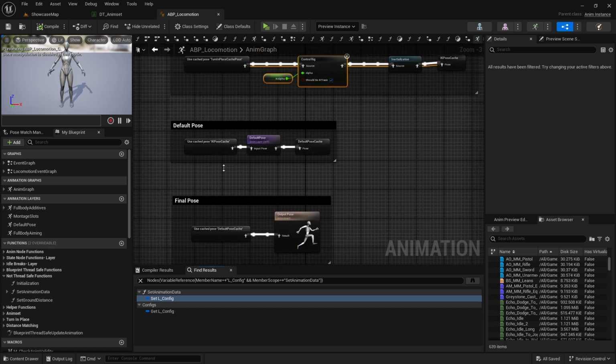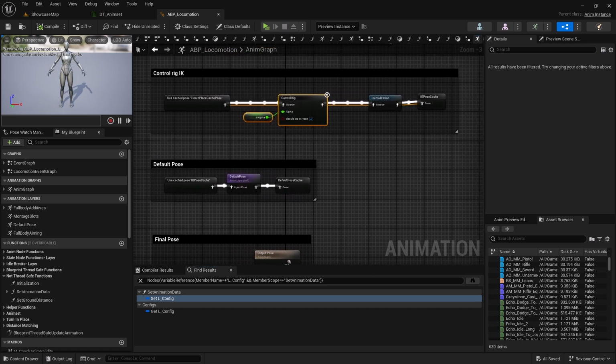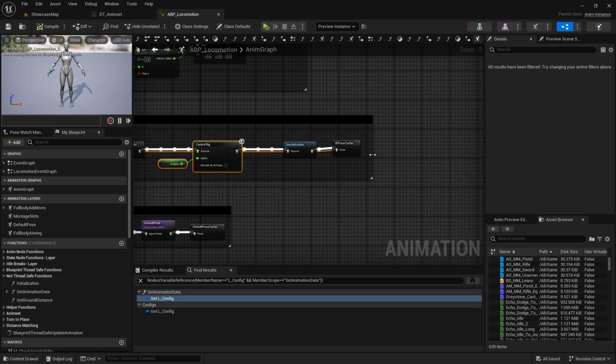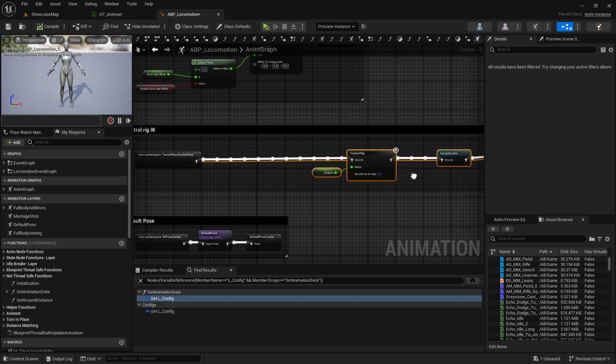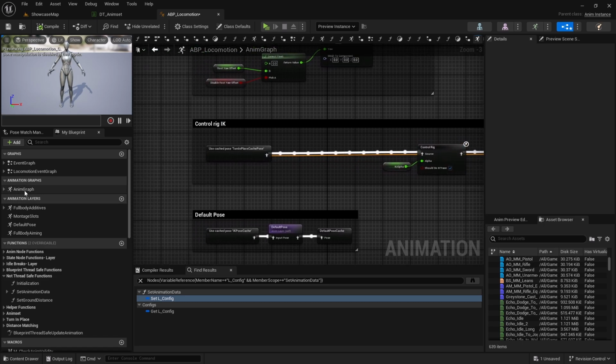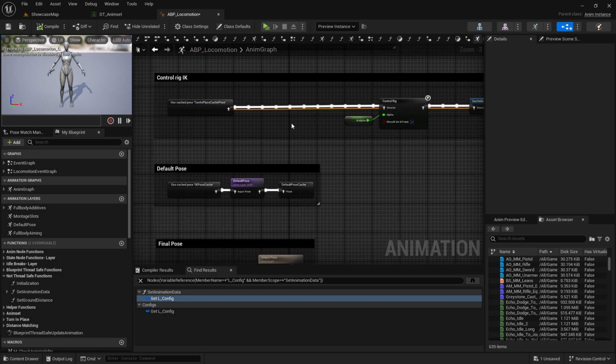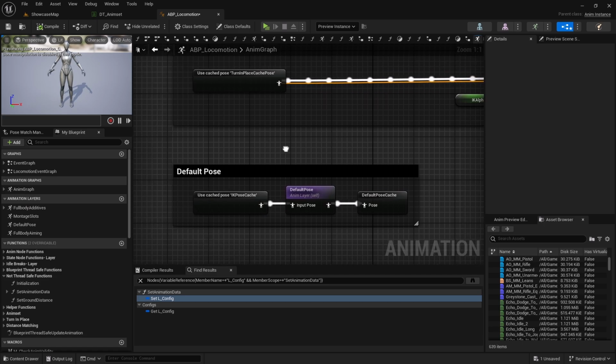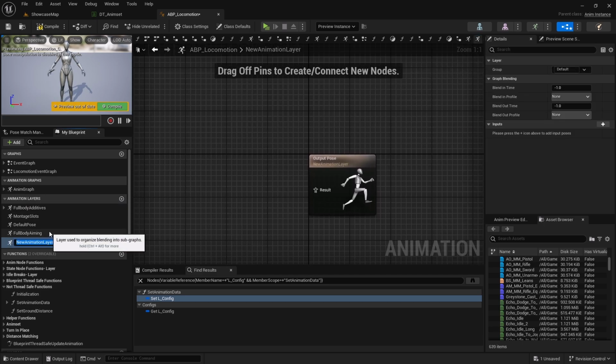I think this could be a place where we can add our full body skeletal control data as well. So I just make some space here, and here let's add a sort of an anim layer like this, right? So I'll add a new anim layer called full body skeletal controls,